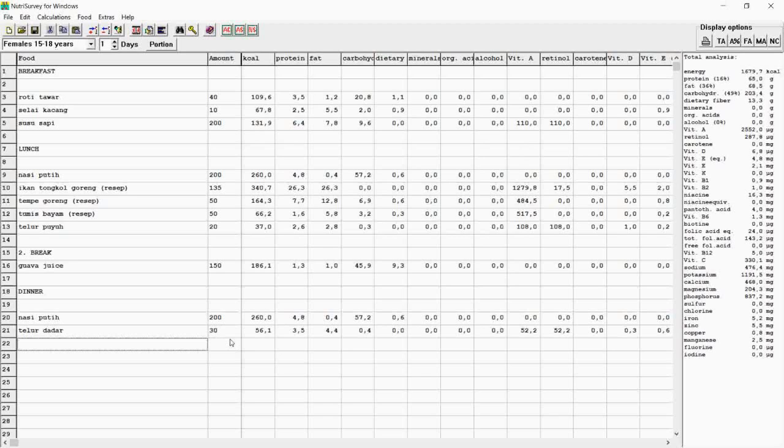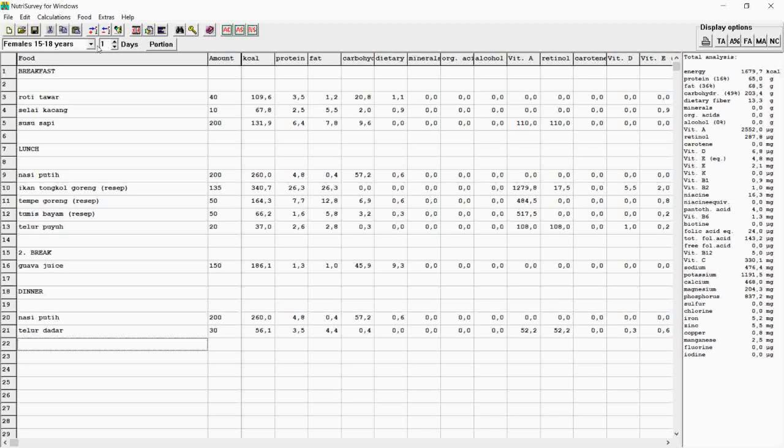So based on the reported result from the 24-hour recall, we get all the food and drinks that were consumed by our respondent. Then we type them in NutriSurvey to get the nutrient intake. So here is the result of the total analysis for this one respondent, an adolescent girl, age 15 to 18 years old, on her day one of data collection.